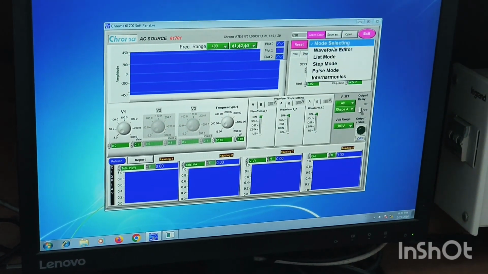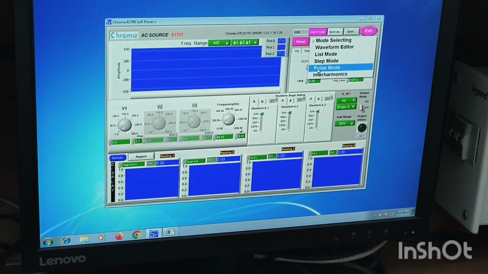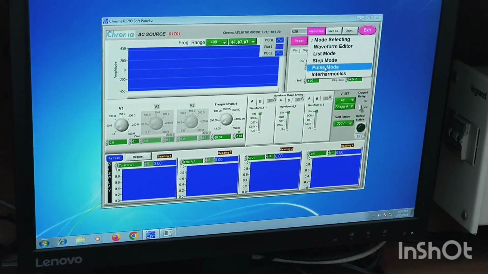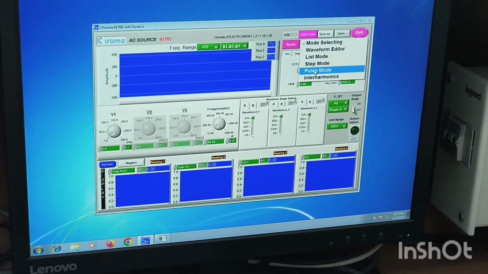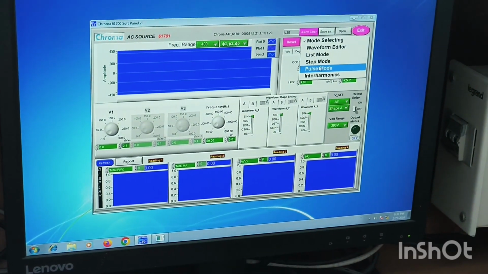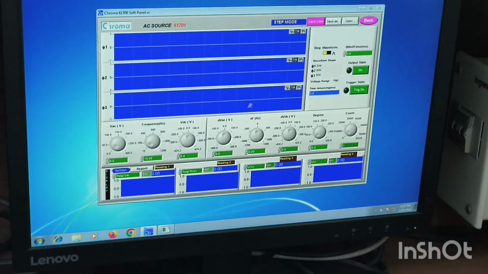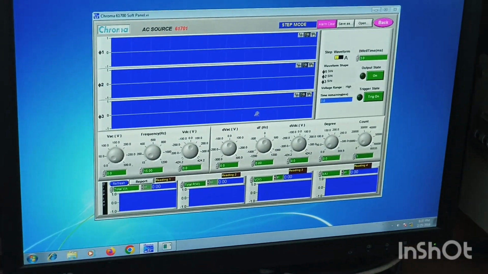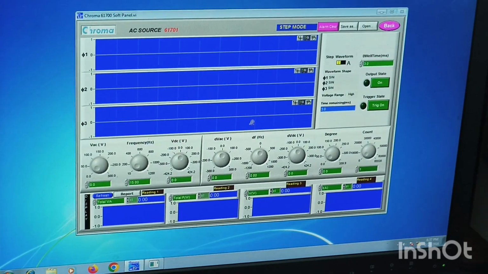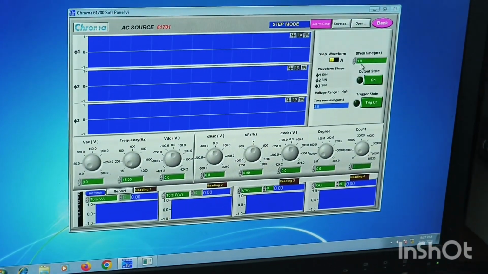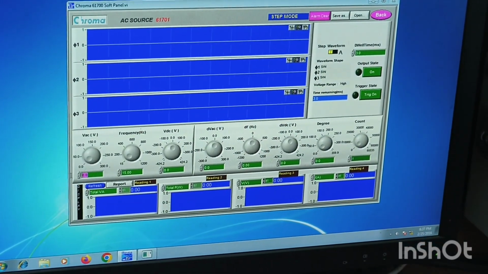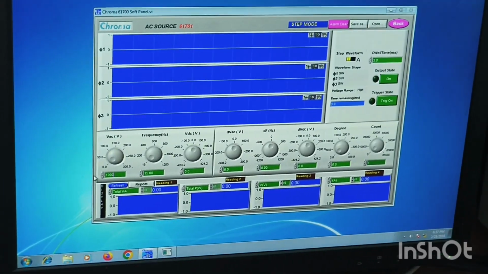Out of these modes, we are going to concentrate only on two types: one is step mode, another one is pulse mode. In step mode, I am going to give a step input, and after that we maintain a constant input. For that I have to give a magnitude of voltage.